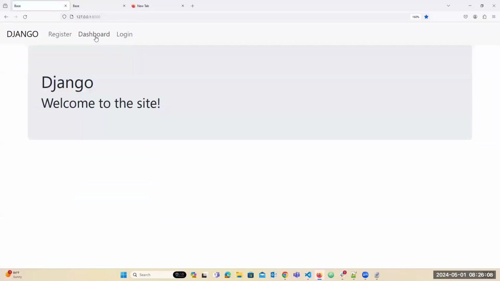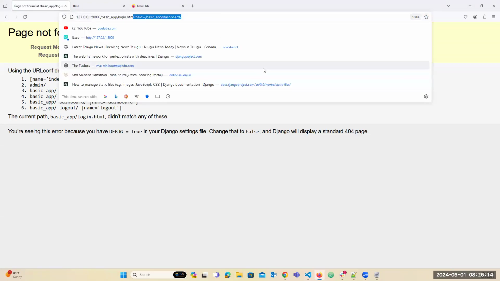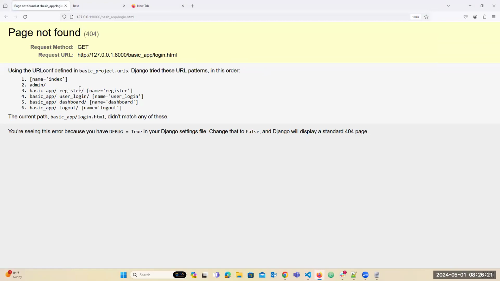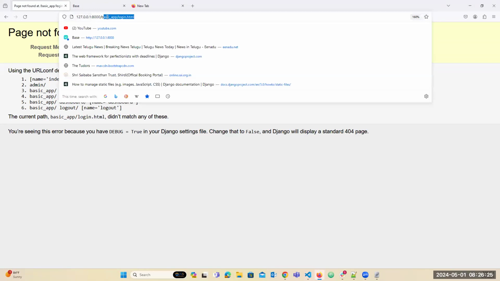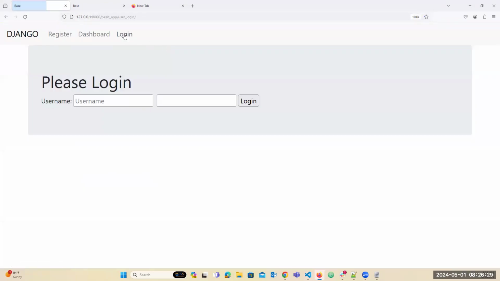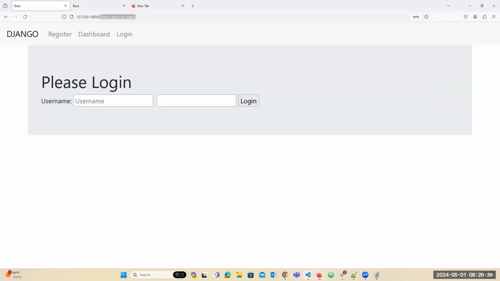The dashboard is displaying when I'm logging in. It's supposed to go to the login page. But I have given login.html, so why is it not going there? I will check this. Okay, I will copy this and paste it here instead of